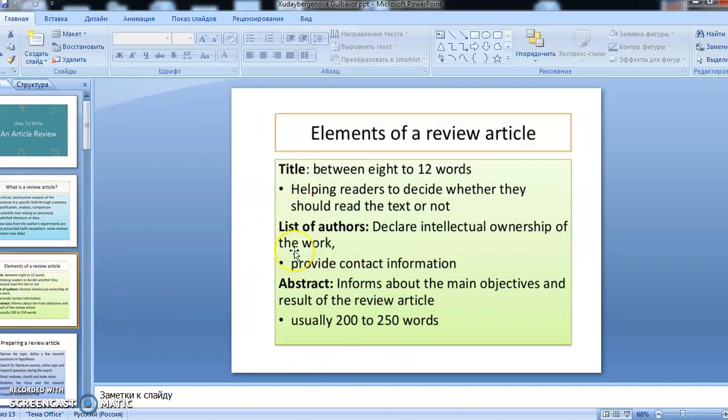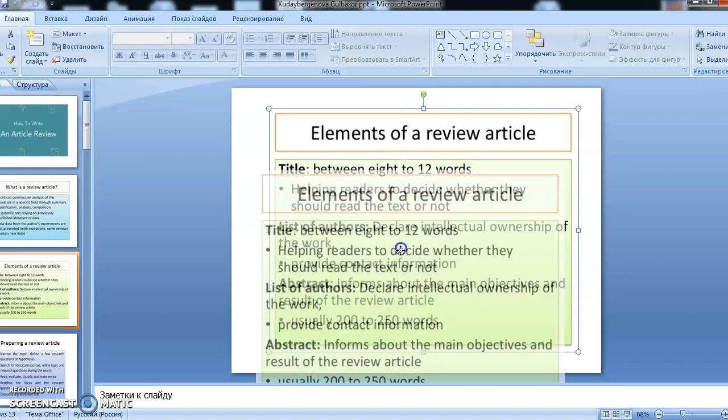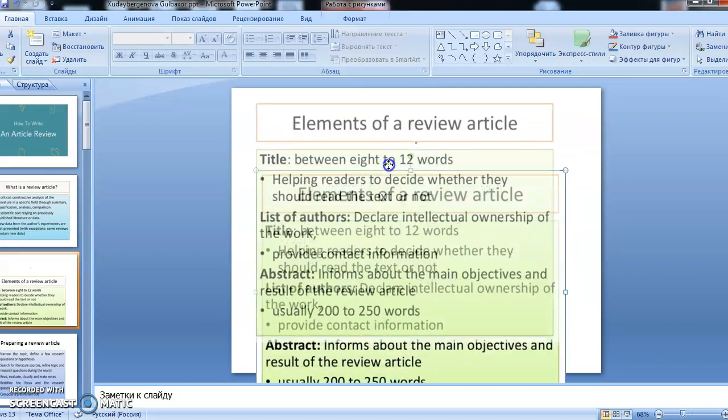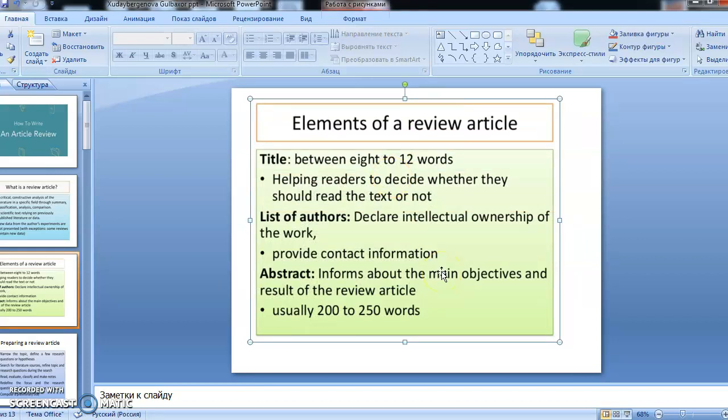And here you can see the elements of a review article. The first one is the title. The title must be between 8 and 12 words, helping the readers decide whether they should read the text or not. Then the list of authors declares intellectual ownership of the work and provides contact information. Abstract: there must also be an abstract in the article review.